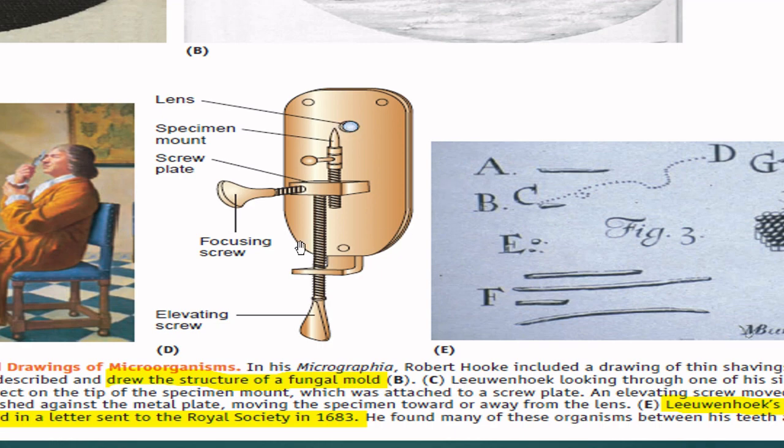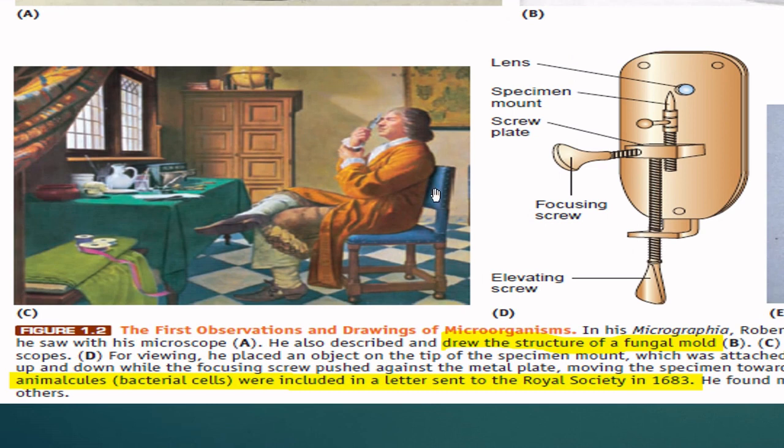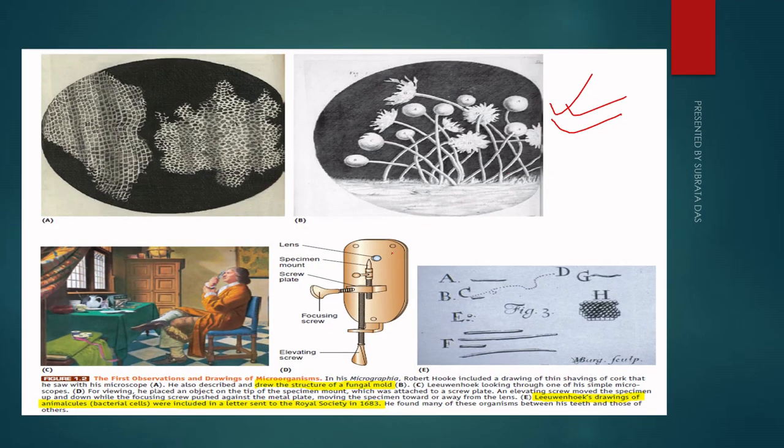Okay, so this is the oldest type of microscope, and here Leeuwenhoek termed the bacterial cell as animalcules, which he included in a letter which he sent to the Royal Society in 1683. Okay, so now